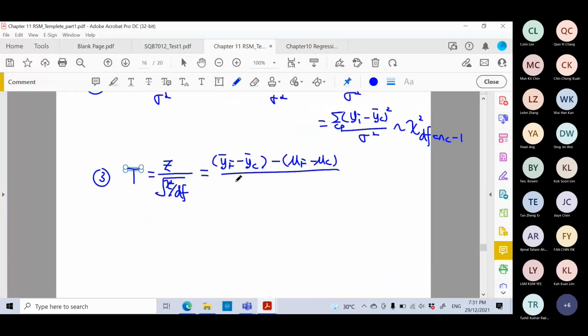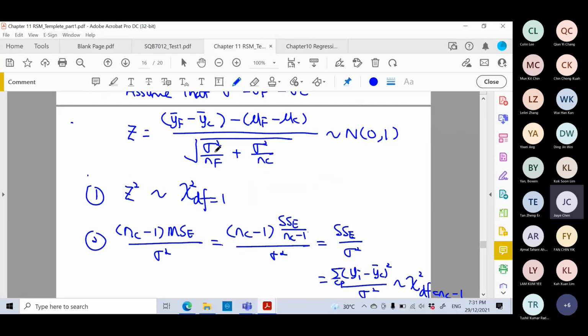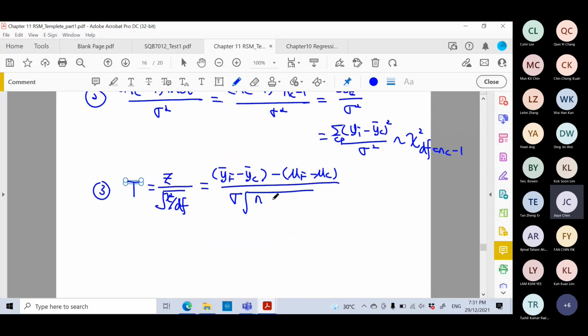Therefore we get the sigma, then the square root of the n for the C and the n for the F. You will have this thing, then the whole thing will be divided by, maybe I will remove the equal sign here. This whole thing will equal